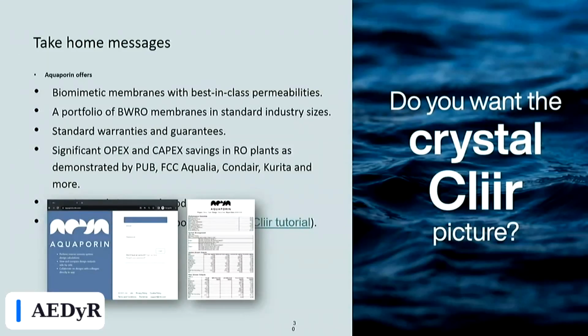Now, this was one of our cases that we have achieved in the wastewater reuse field. We have many more cases also, especially in the municipal water treatment, so well water treatment, surface water treatment. We offer a wide range of brackish water portfolio membranes. We are working on a seawater membrane, so that is something that will probably launch beginning latest Q2 next year. We have everything that's required in the industry, standard warranties and terms. We have a projection tool, our own, that is accessible